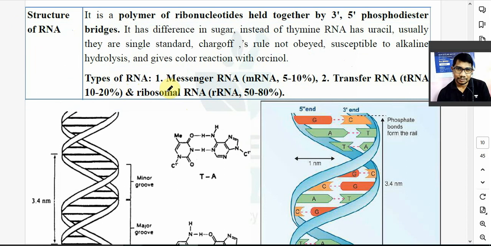Now messenger RNA will carry a code. Messenger RNA will carry a message according to the DNA. Transfer RNA will pick up one amino acid, or will transfer one amino acid, according to the code present